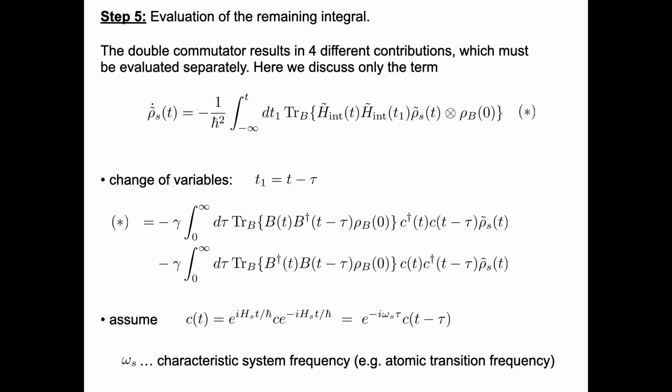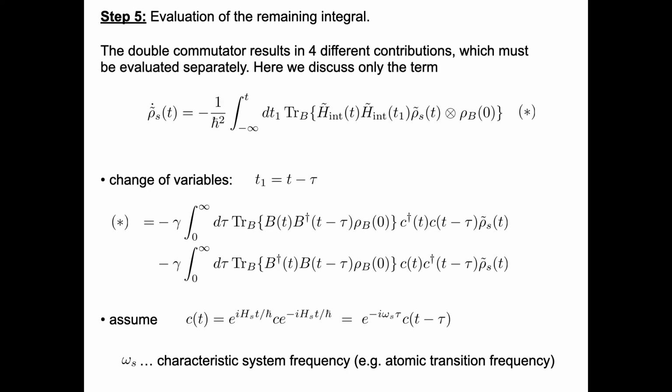But what we now want to do: we know all the slow time scales. Suppose I have a two-level system. I drive with the Rabi frequency, the atom decays, I drive with a small detuning. These are all slow time scales, so I can neglect them in this time evolution. But there's also the fast time scale. Think of C, for concreteness, as the sigma minus operator. Then with H system being h bar omega e g, e e, that is my atom, and this whole operator will be sigma minus e to the minus i omega eg times t.